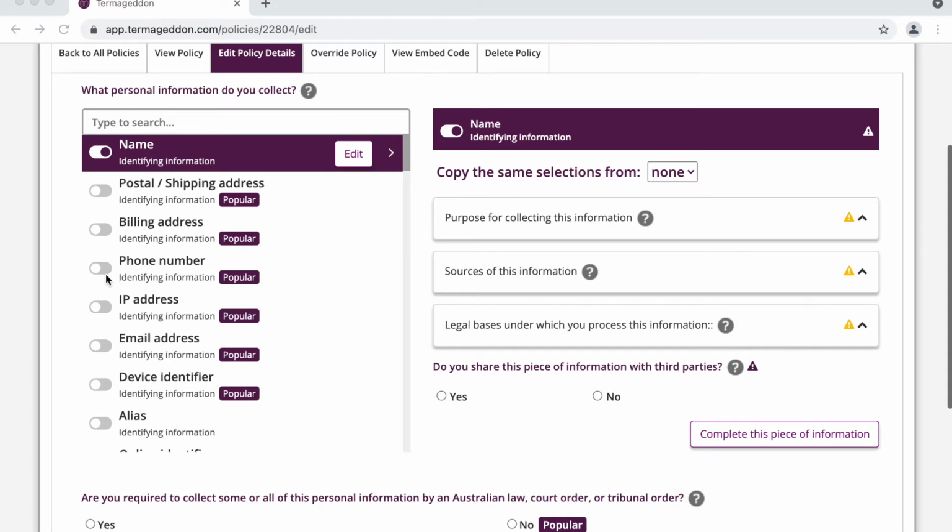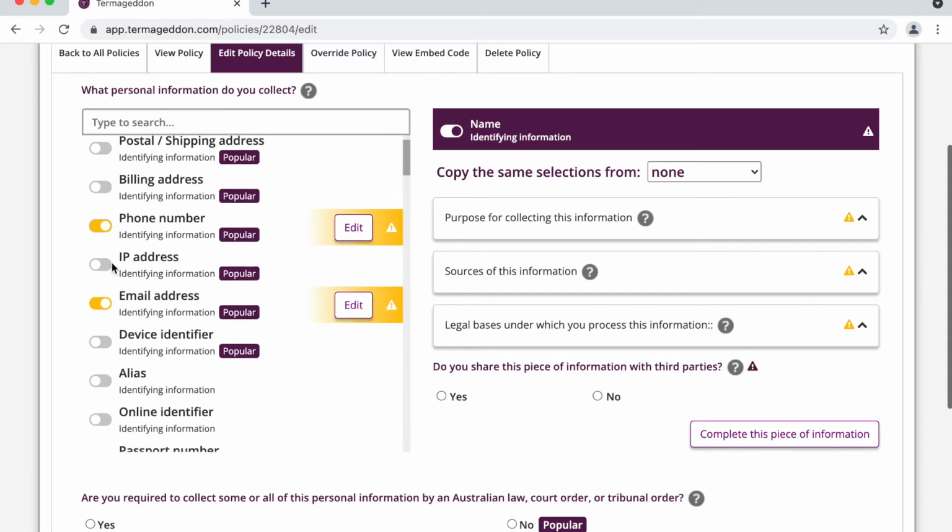And because most websites have a contact form on the contact page, that's where I'll start with this example. So in my example, I'll say that I have a contact form on my contact page asking people to submit their name, email, and phone number. So I have selected on the left-hand side: name, email, phone number. In this example, I also have Google Analytics installed, so I will select that I may collect IP address, device information,